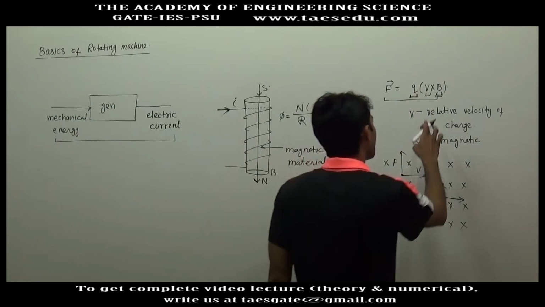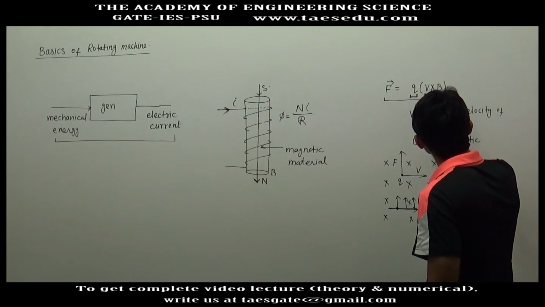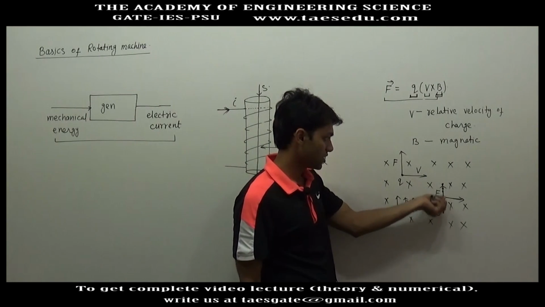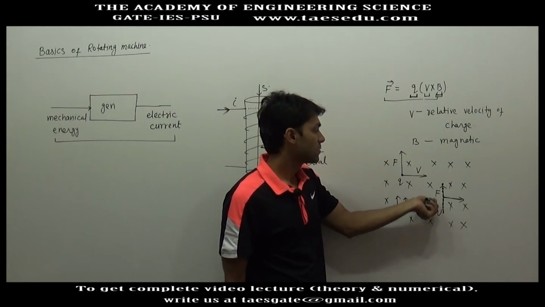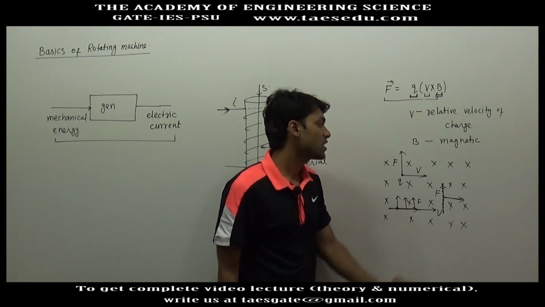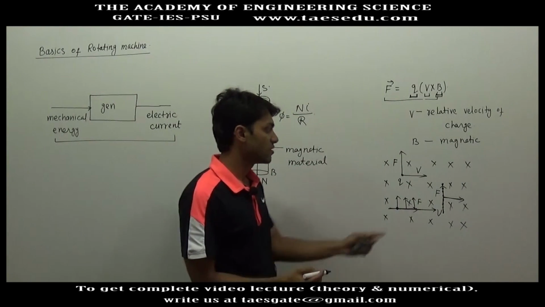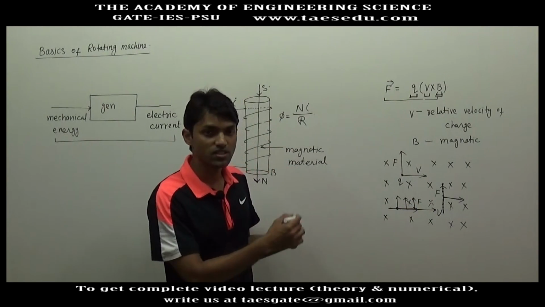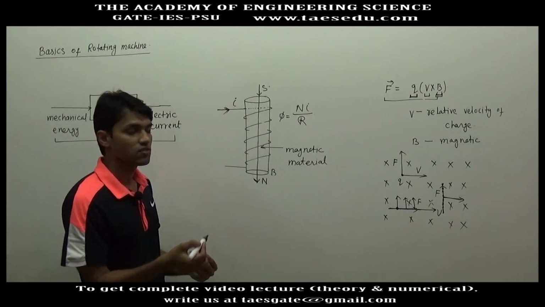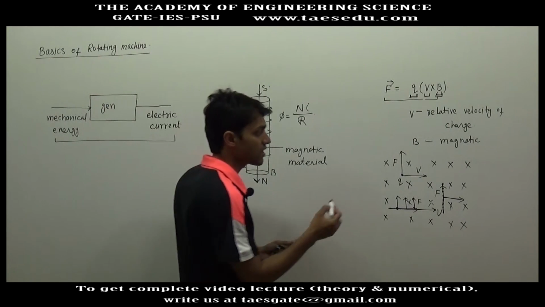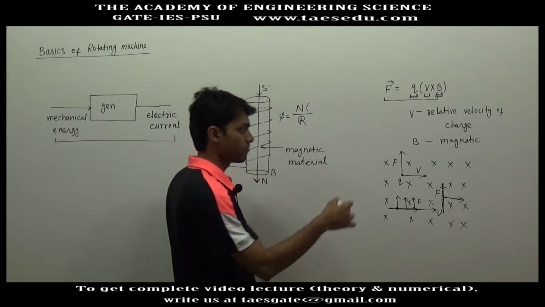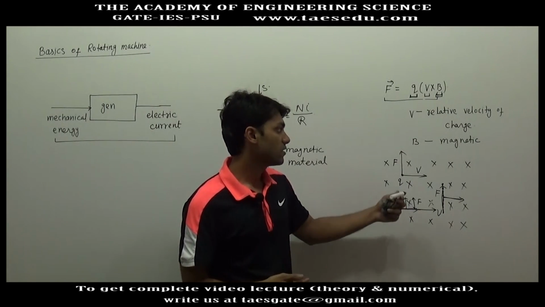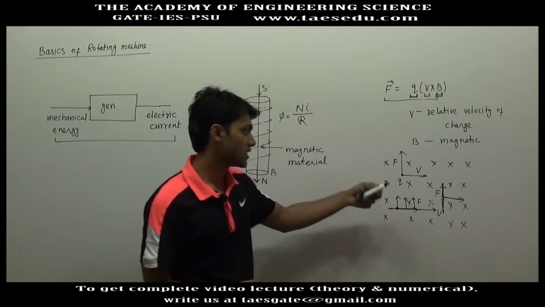Now how can we have an initial velocity? We need to give an initial velocity to the conductor, or relative velocity between conductor and magnetic field. So what we will do is put this conductor on a frame, and the whole frame is rotated. In the machine, that part is called the rotor. So along with the frame, the conductor will also rotate. How that is done, we will see.